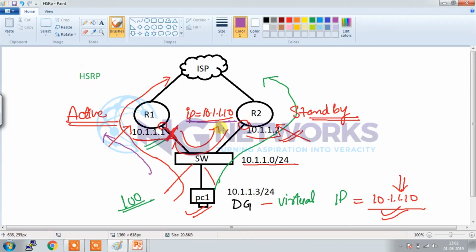That will be assigned automatically by the HSRP protocol. If this active router goes down, then automatically the traffic will switch via R2. In this case we do not have to change the gateway.